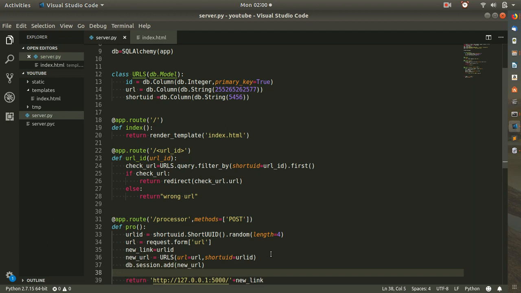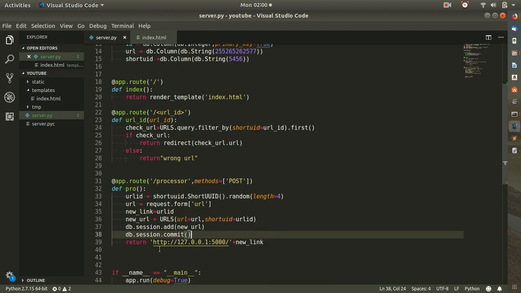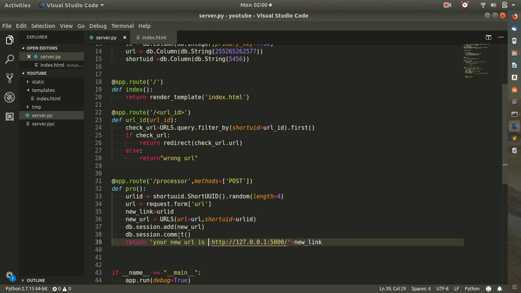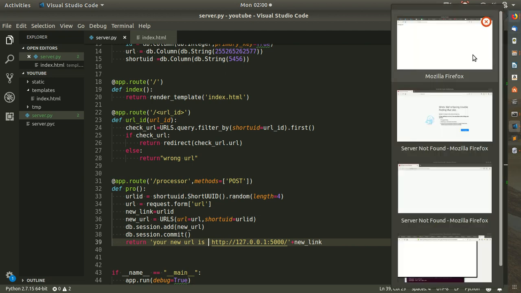So we'll say db.session.commit. So we have this now. We can just say your new URL is